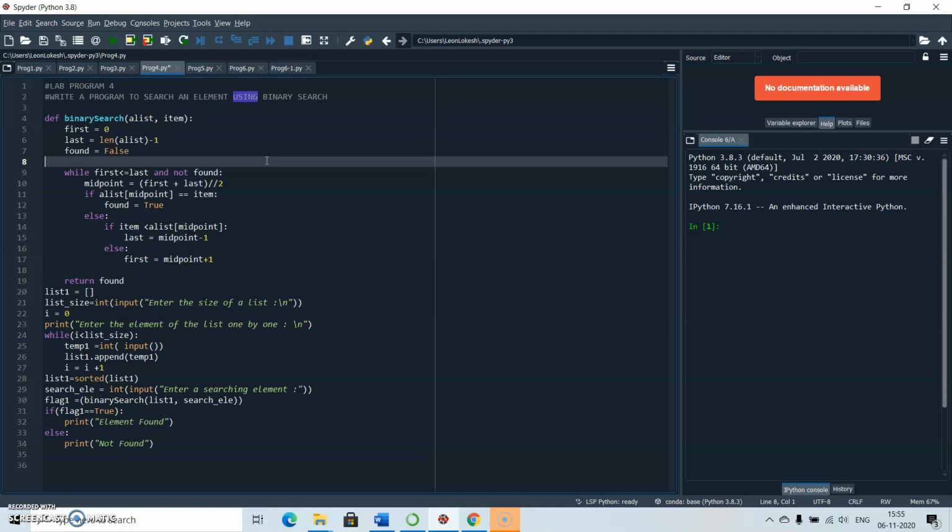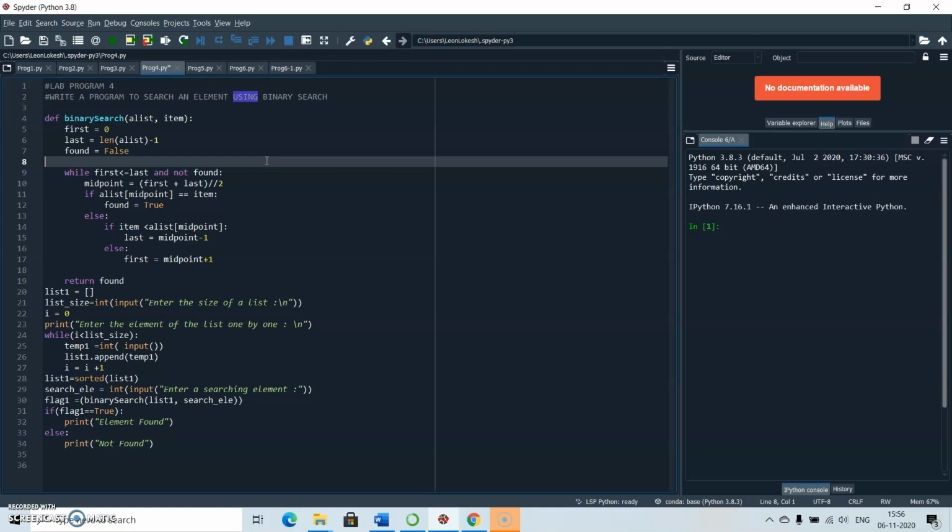The main distinction between linear search and binary search is that the values present in binary search are always in sorted format. We always make use of a sorted list, whereas in the case of linear search we don't need any sorted list. In binary search, first we sort the list, and after that, let us say I'm making use of 10, 11 or 50 elements.